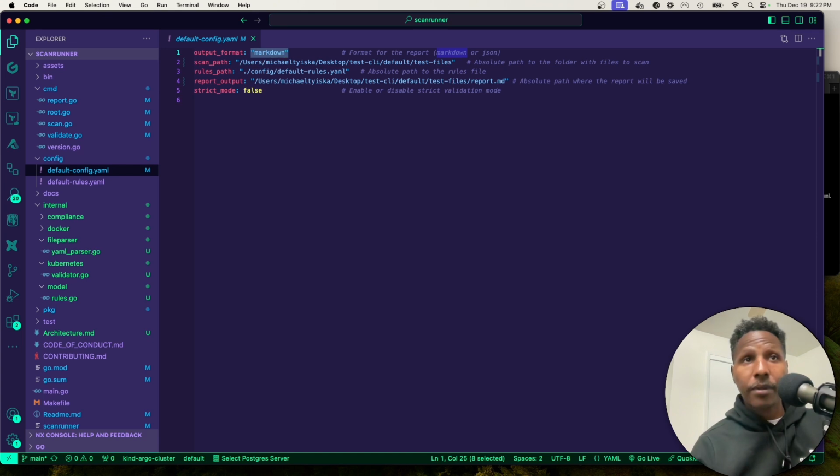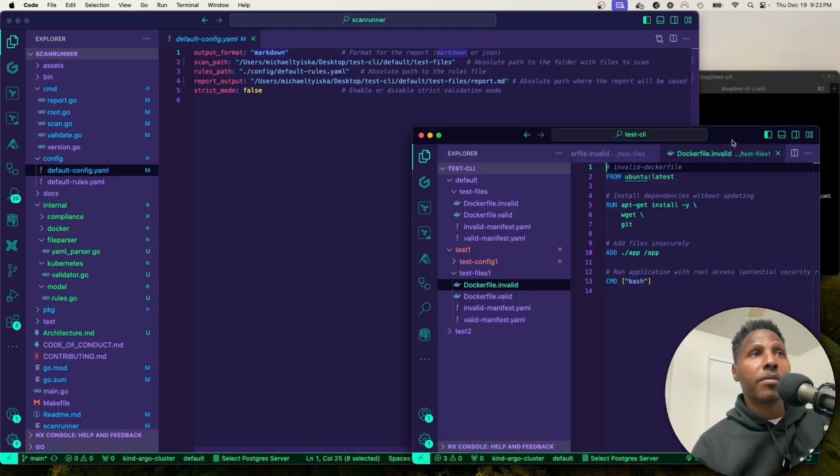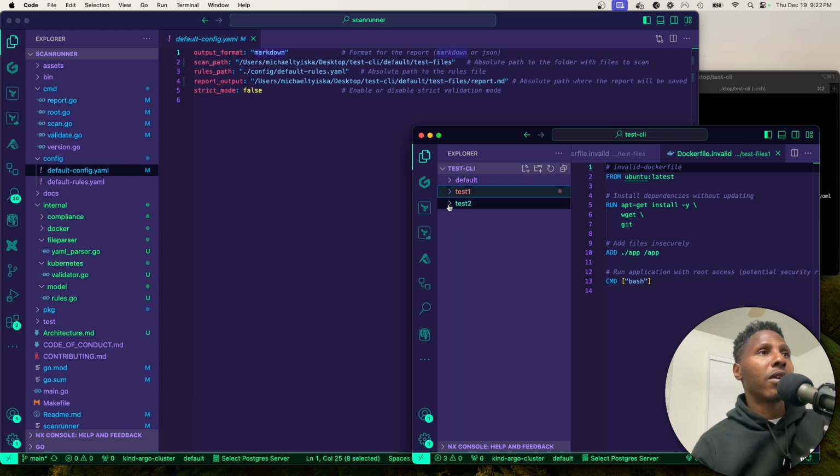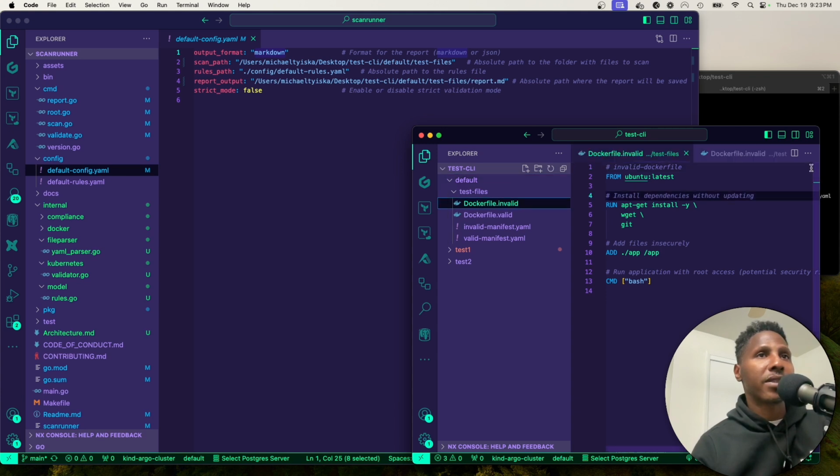Where's my folder? Move this out of the way. Right here. These are 3 different test directories. One is the default. This will scan in my default, which is on my desktop, in the test files default, and it's saying look inside of this test file to scan. I have this Docker file